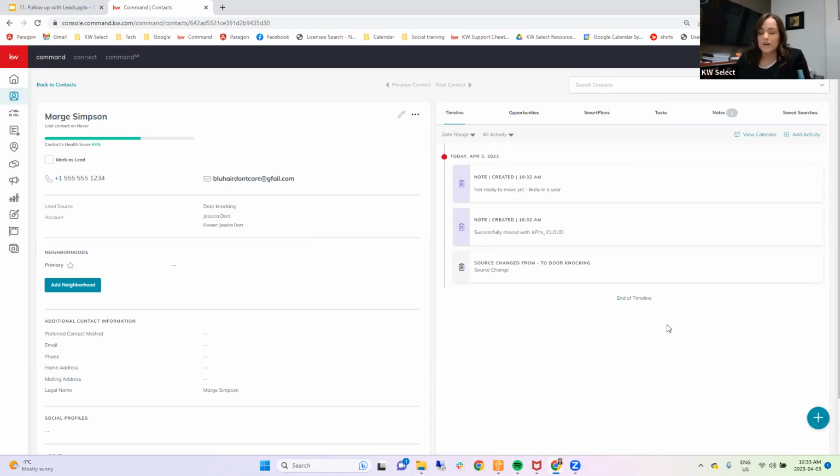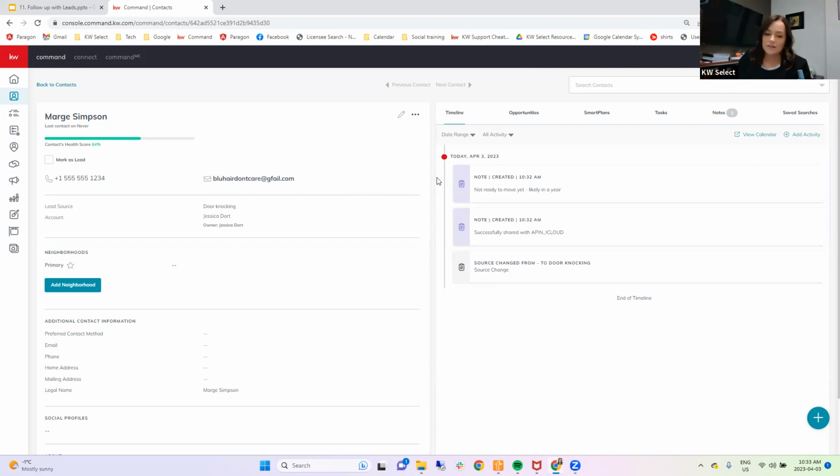Then when you're talking to her, you can offer value. Like I said, you can offer to send properties, maybe set her up on a collab center, send your KW app link just so that they can view properties whenever they want to. There's different ways to add that value. But again, you'll want to gather a few more details, like where they might want to move, what the price range is, and then again, sending that value piece through to them. So those are all things that you'll want to make notes of right here in Command. Okay.